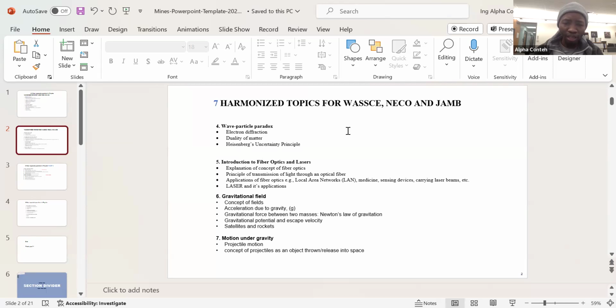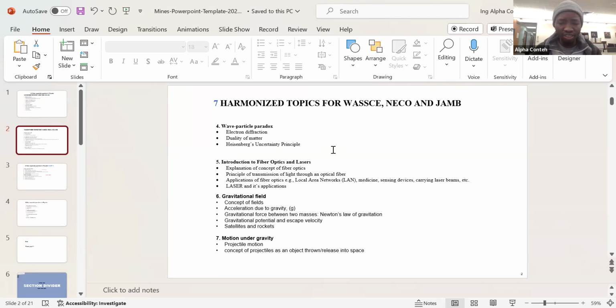You see, wave-particle paradox. You have to consider electron diffraction. You have to consider the duality of matter. You also need to consider the uncertainty principle. So if we move forward, we also consider fibers and lasers. Fibers and lasers, again, for the past 6 to 7 years, this is a topic wherein